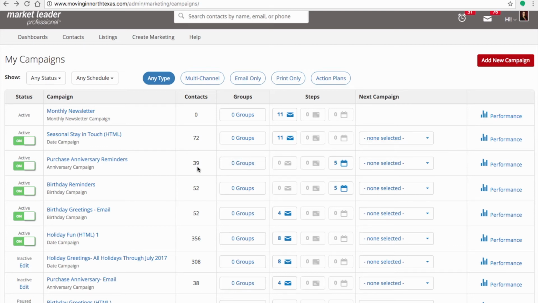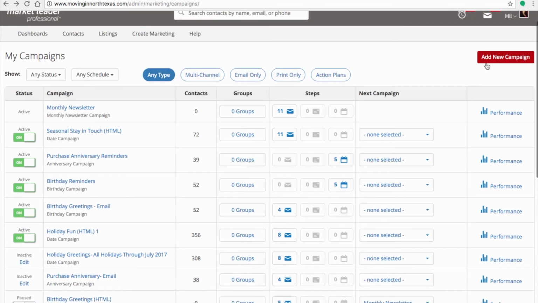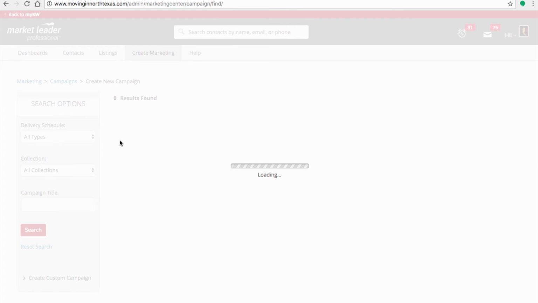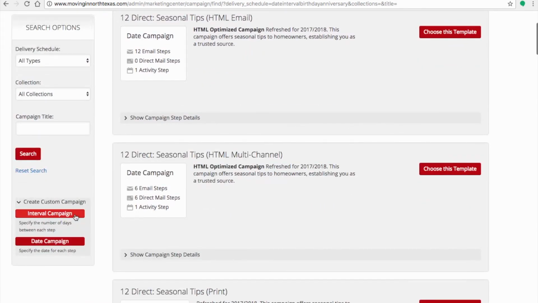And you can go through and choose the different campaigns. I showed you how to edit them. The last thing that I want to show you today is how to create your own custom campaign. So yes, eEdge is great about giving you campaigns that are already put together, already set up. They've done the emails, they've done the steps, they've done everything for you, and all you need to do is edit and activate. But in case you did want to come through and create your own campaign, say you wanted to create a past client campaign that eEdge doesn't already have, you can go down here